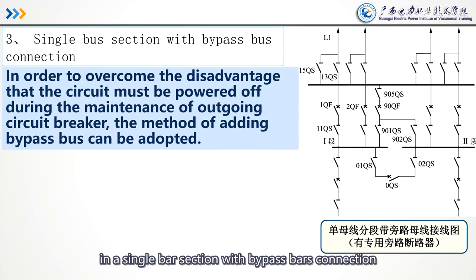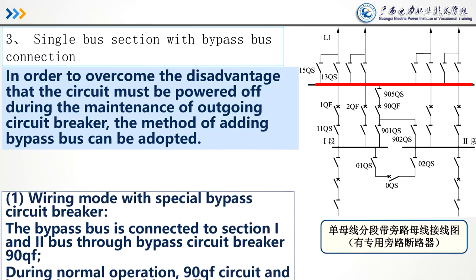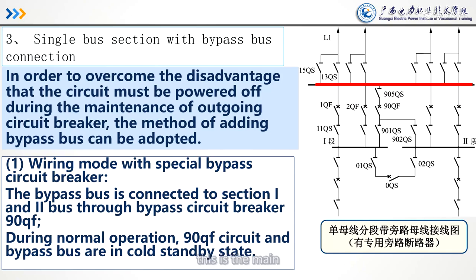and 110 to 220 kV is 3 to 4 outgoing circuits. And a single bus section with bypass bus connection: in order to overcome the disadvantage that the circuit must be powered off during the maintenance of outgoing circuit breaker, the method of adding bypass can be adopted. You can see the pictures here. This is the main